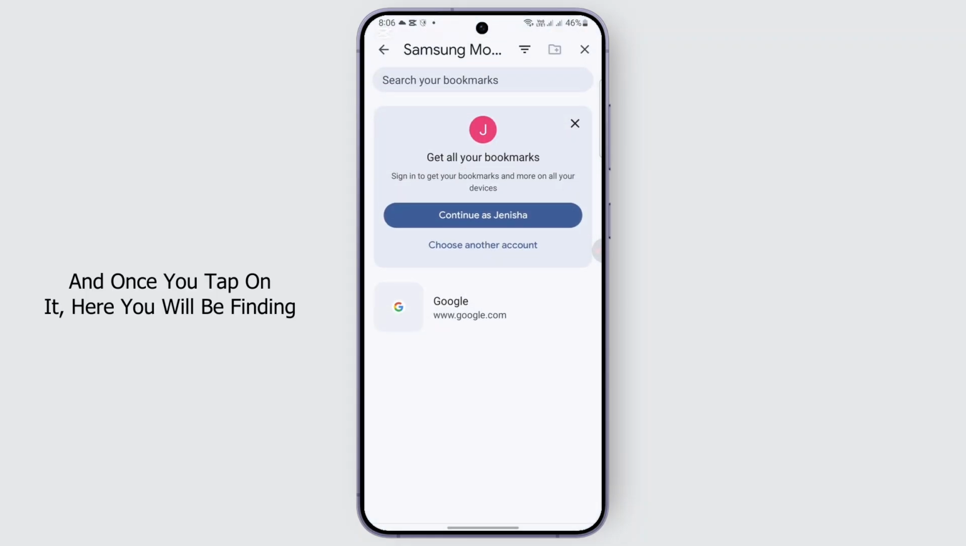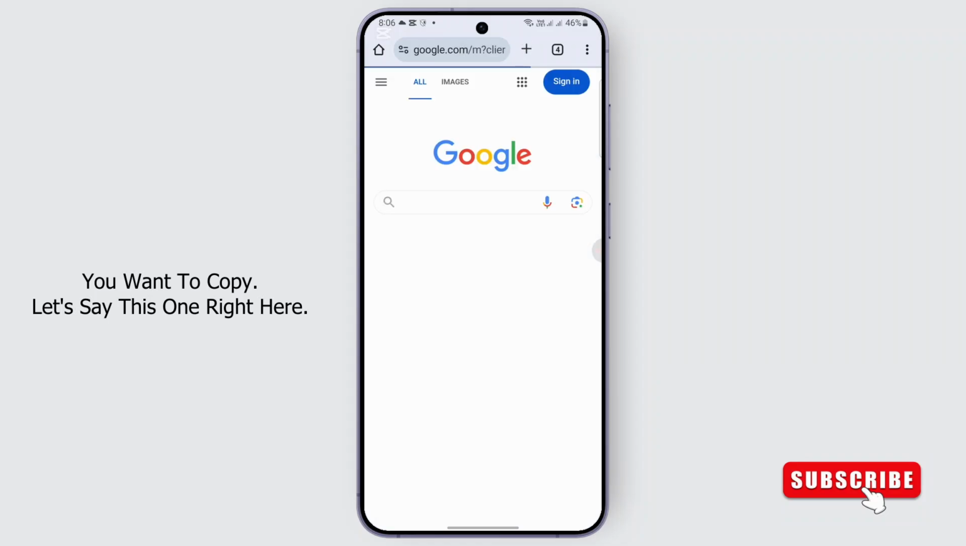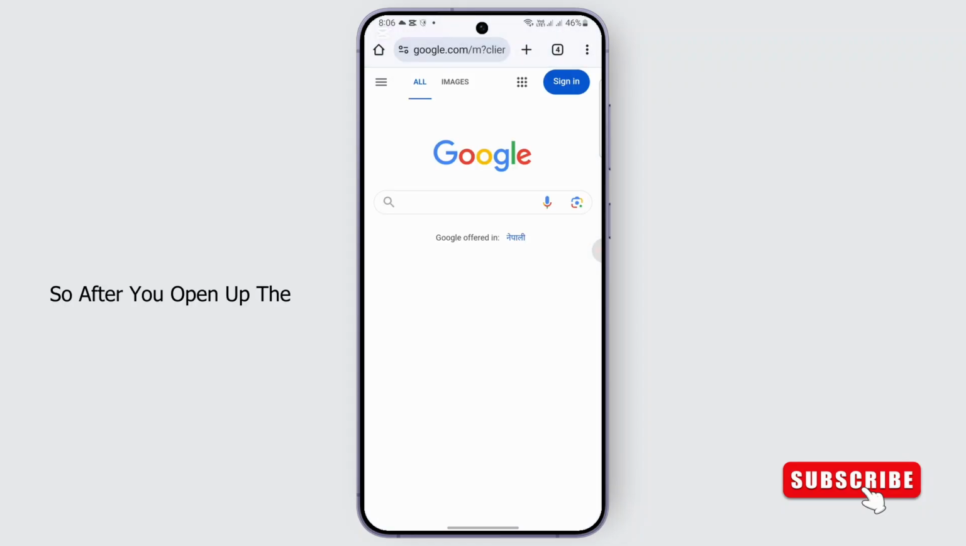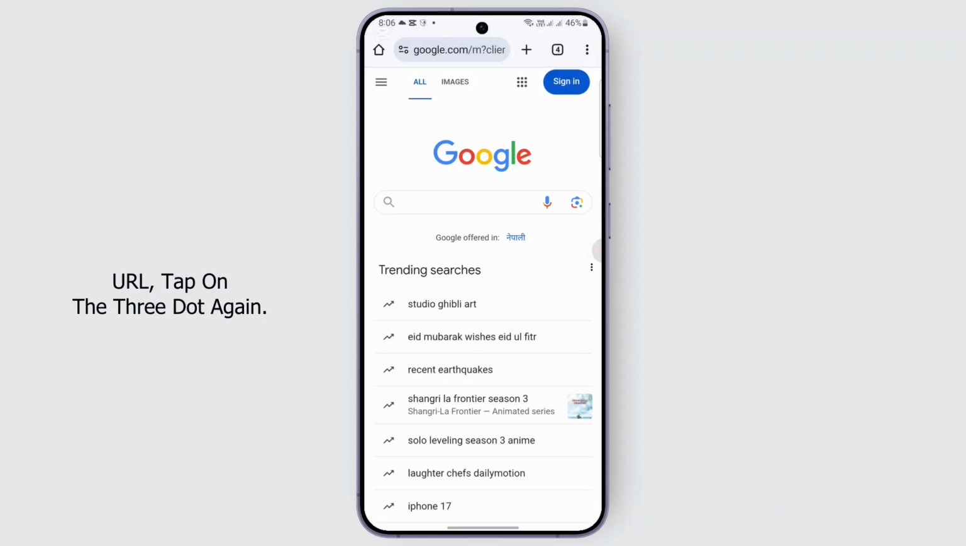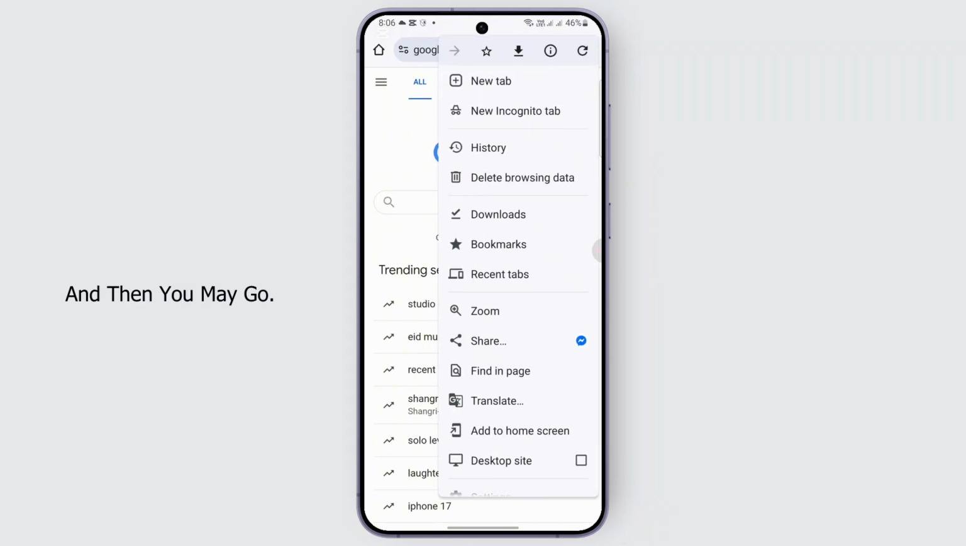Once you tap on it, here you will be finding your bookmarks, all of them. So all you gotta do is tap on the bookmark that you wanna copy. Let's say this one right here. After you open up the URL, tap on the three dots again. And then you may go